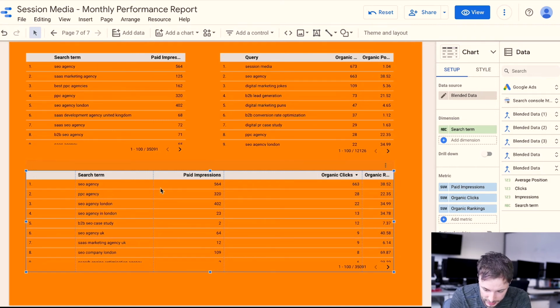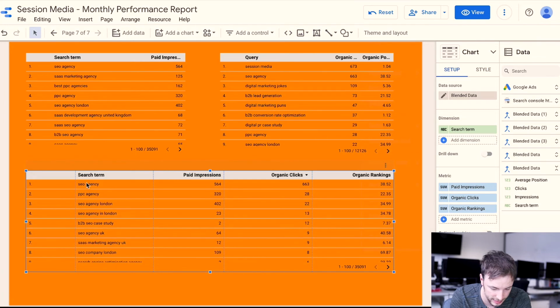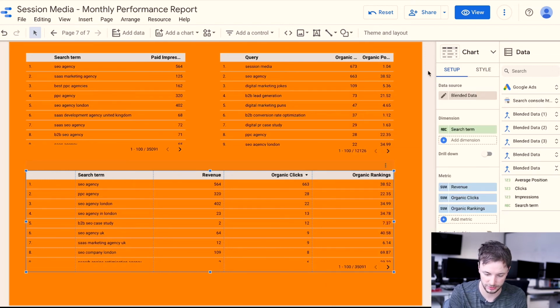So we can say that these search terms here are from Google Ads. This is how well they've been performing. And just for the sake of allowing you guys to visualize it more, let's call this revenue. If you do the GSlid setup, like I mentioned, and re-import the data, what you could have here is SEO agency is worth